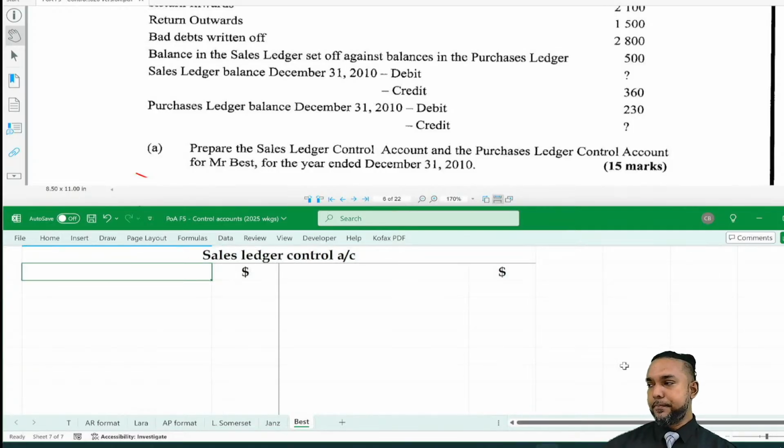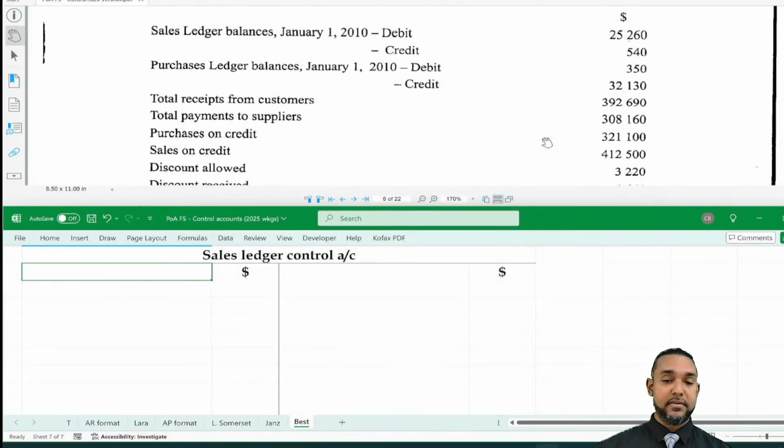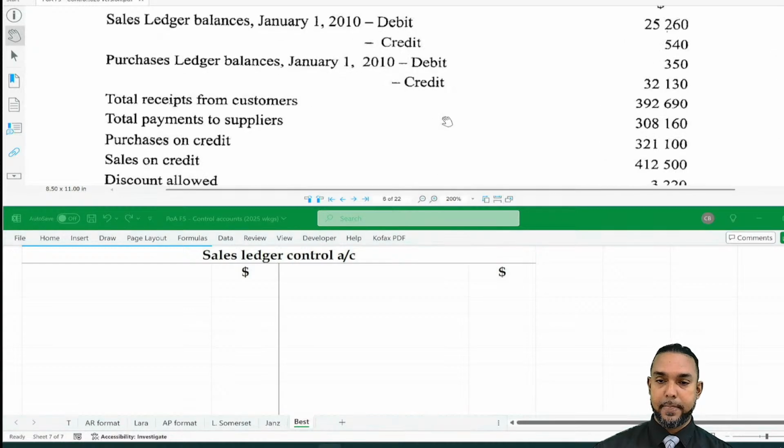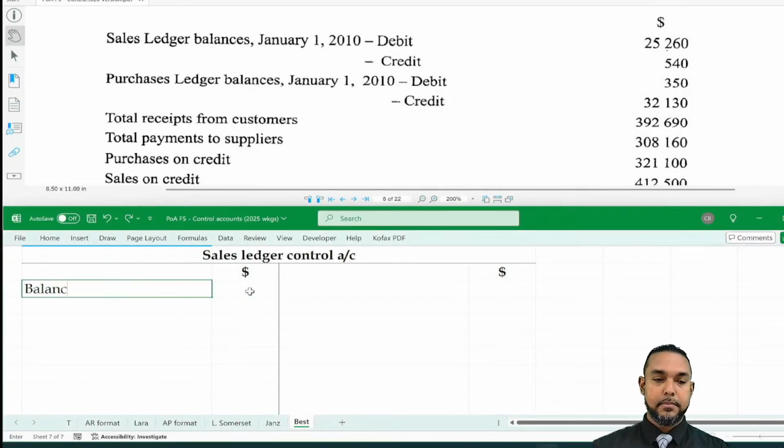Your debtors, right? How do we classify a debtor or an account receivable? As an asset. What are your double entry rules for assets? Debit to increase, credit to decrease, right? And on top of that, what type of balance does an asset normally have at start? A debit. Very good. Let's zoom in. Right. So at the start, sales ledger balances at start, right? So debit is 25,260. So on the debit side, you're going to put balance brought down